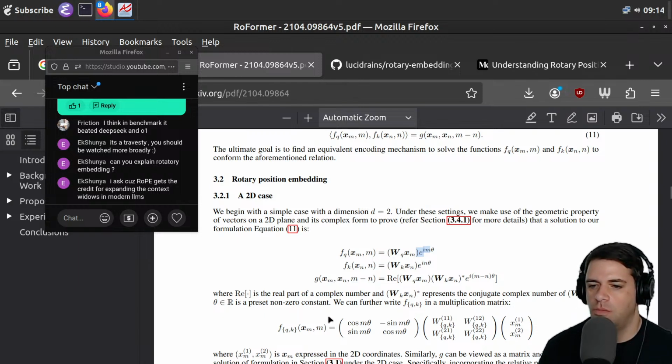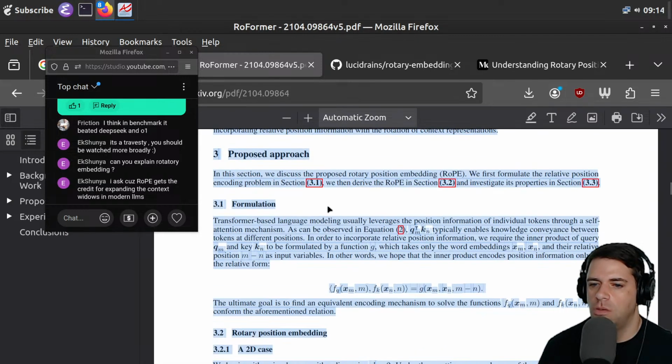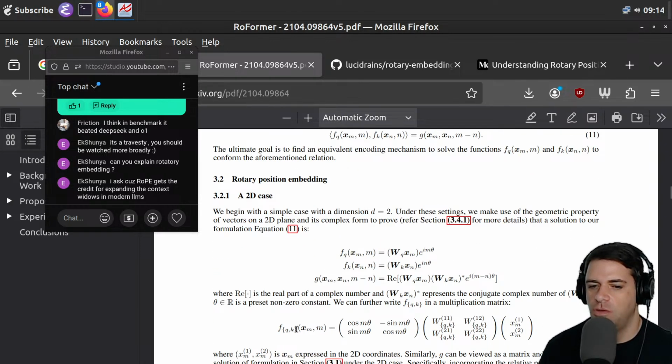And here it is broken down, and then we're going to take, I guess, the real part. Is that what we're doing? The real part of the complex number. And that gives you this function g. And here's how we write out f sub q k. I don't know why f now takes a list of two things as a subscript. But at any rate, multiplying by this e to the i m theta is equivalent to multiplying by some,